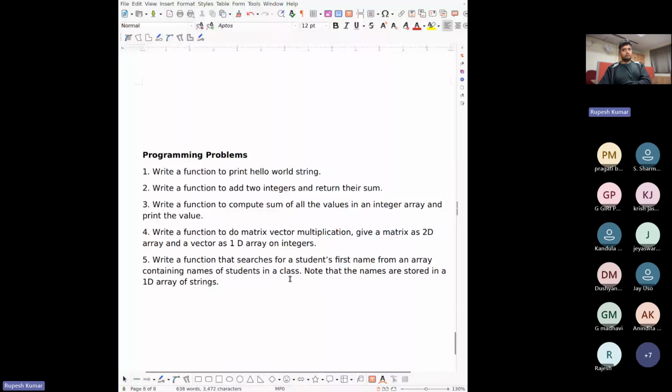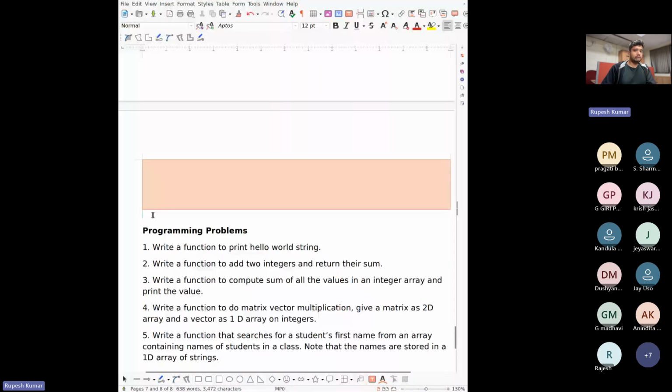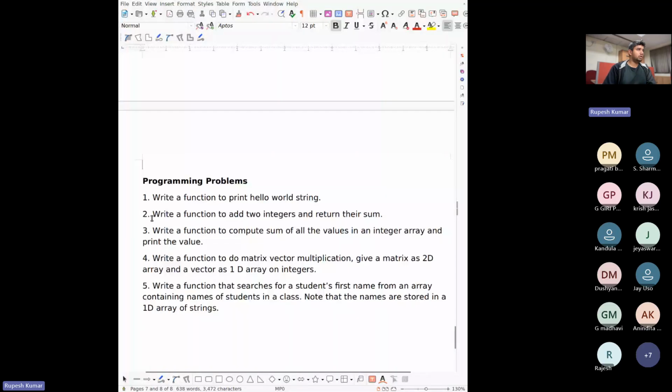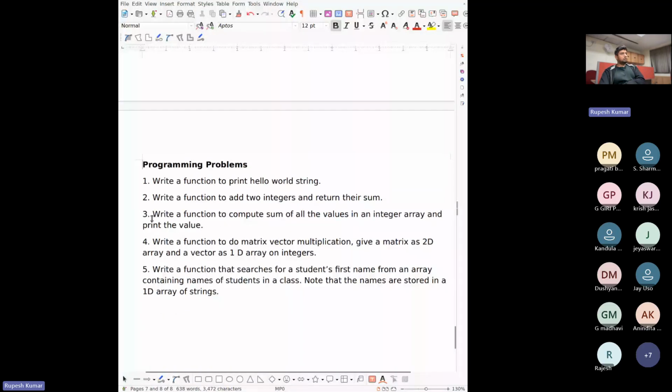Anyone please confirm if you are familiar with the concept of functions so we can solve these programming problems. A basic introduction to functions was covered in your lecture series.